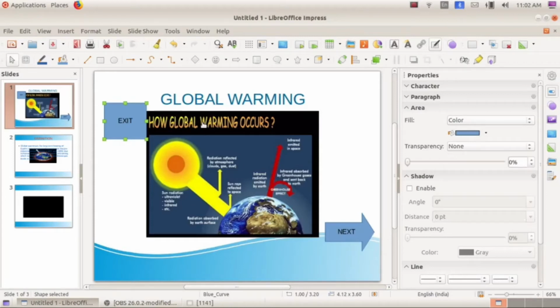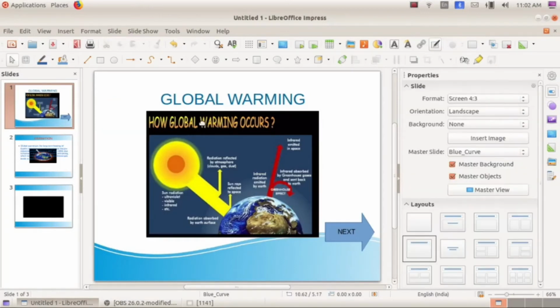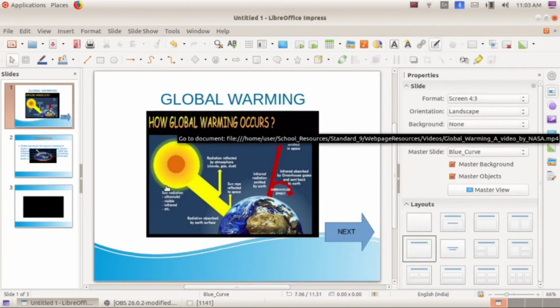So now we are moving to next activity, providing hyperlink. What do you mean by hyperlink? Have you heard about hyperlink option? Hyperlink means you have seen a lot of information on the internet related to global warming. Now think of how to link that to the presentation you have prepared, to Wikipedia. Hyperlink means it is internet oriented.